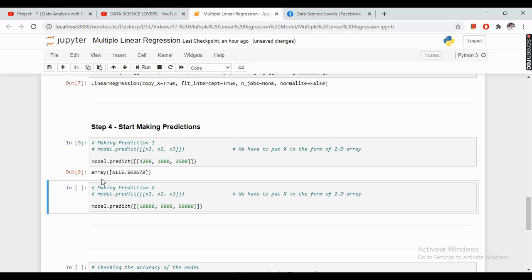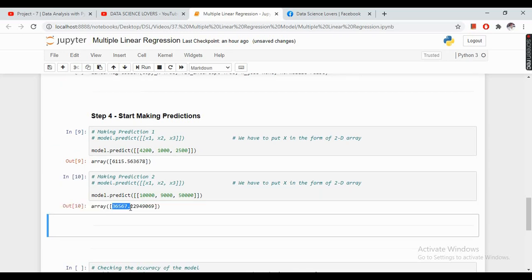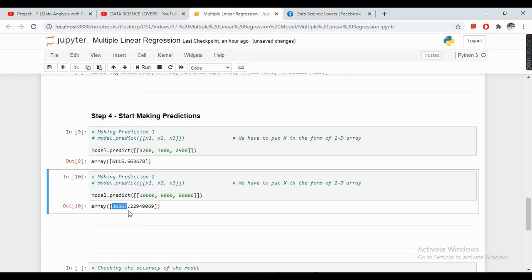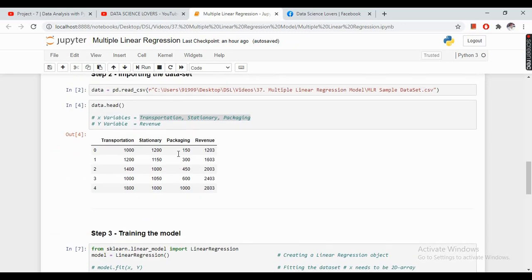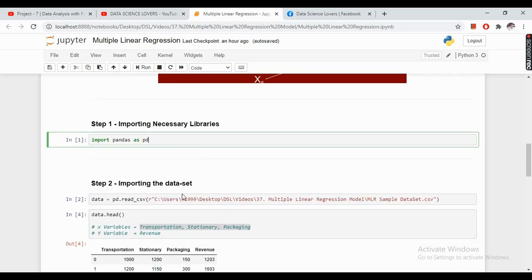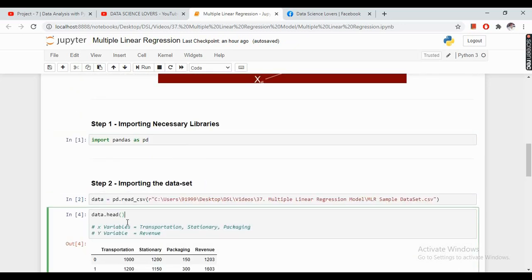If I run this, it is showing the result of revenue is 36567, meaning that's how you can predict the revenue based on different values of x1, x2 and x3. So these are simple 4 steps to build and predict the value using a multiple linear regression model.